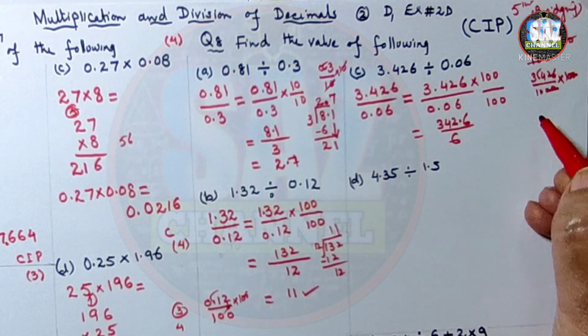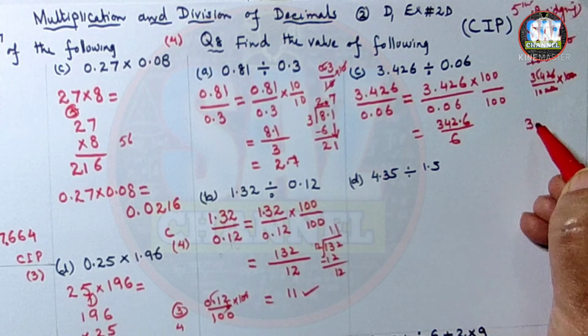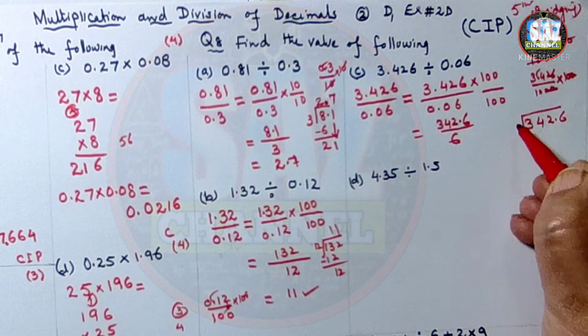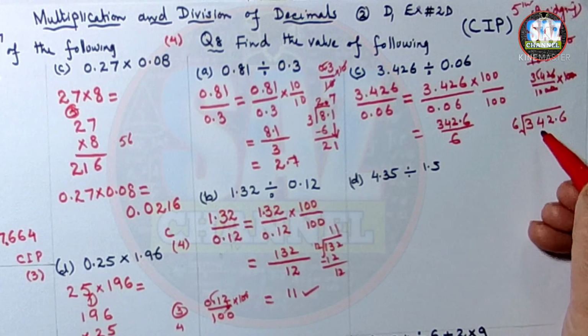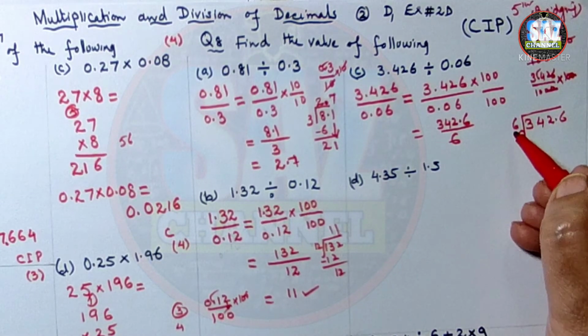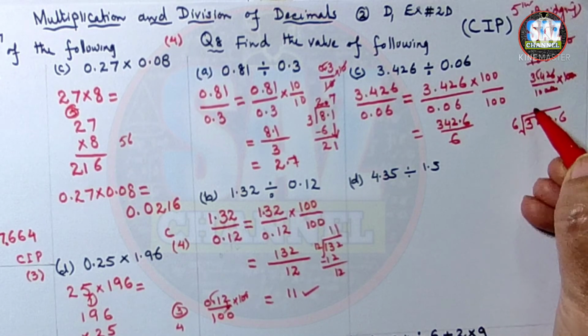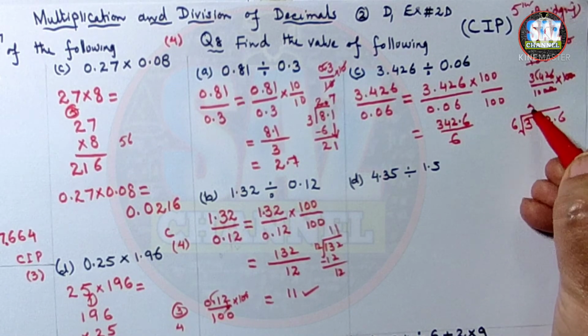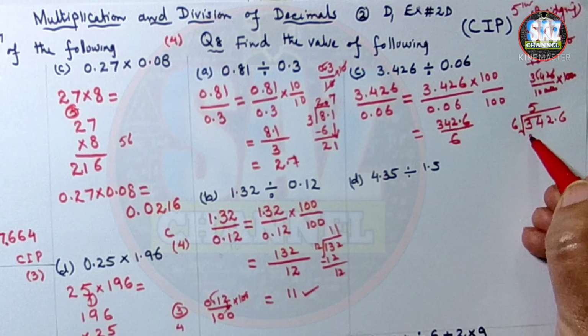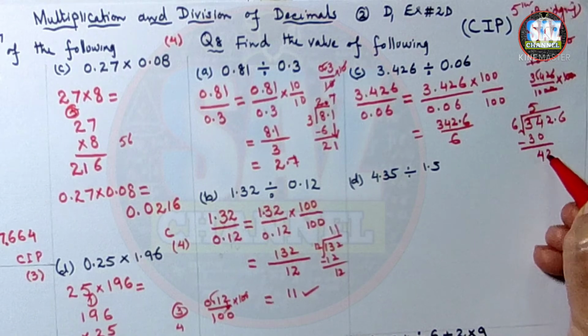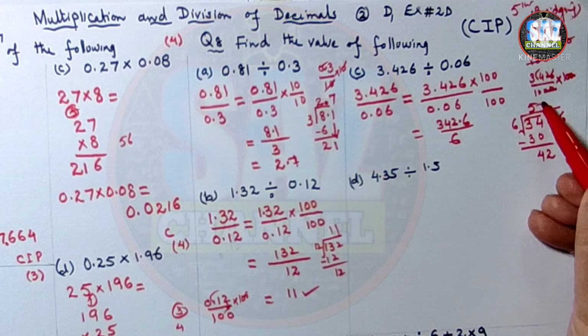342.6. Now what we have to do is divide 342.6 by 6. Now I have to read the table of 6 so that I can either get exactly 34 or the number which is closer to 34. 6 5s are 30, the closest number, 30, and then I have to bring 4 down. 6 7s are 42,